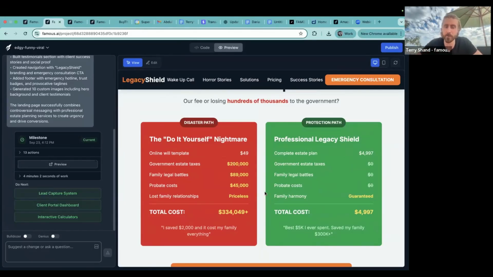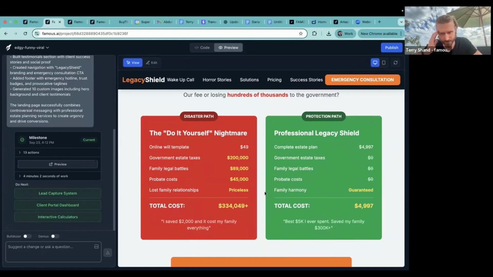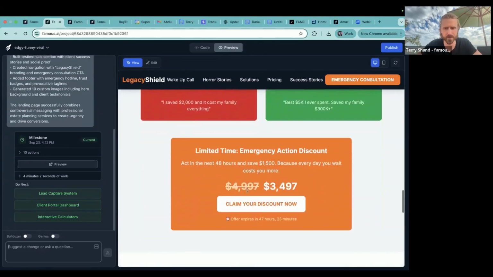You guys have no idea, or maybe you do, the amount of synthetic intelligence thinking that goes behind this to generate this. It's not just generating generic stuff. It's thinking about who your market is and what your product is.